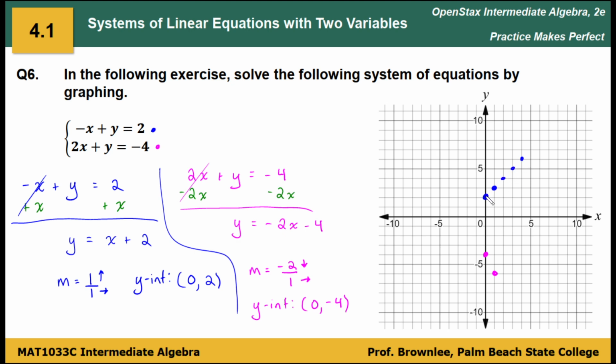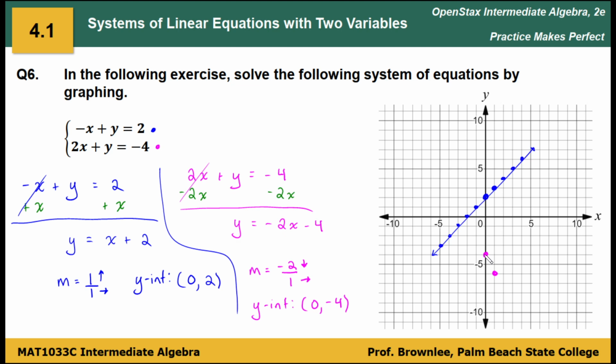Or from that y-intercept, we could reverse the process. So instead of going up 1 and to the right 1, we could go down 1 and to the left 1, right? Down 1 to the left 1, down 1 to the left 1, etc. And here's what I'm going to do now. I'm going to try to connect these points with, again, as straight a line as possible. And then I'm going to repeat the process with the second equation, and let's see if we can determine the